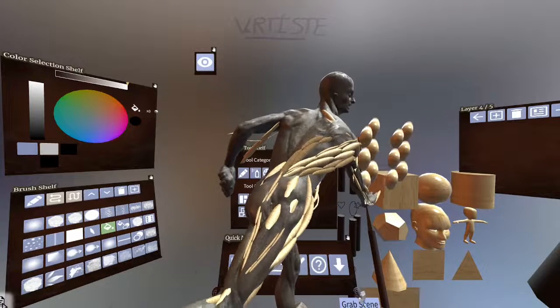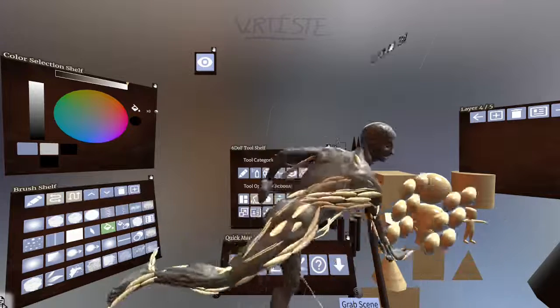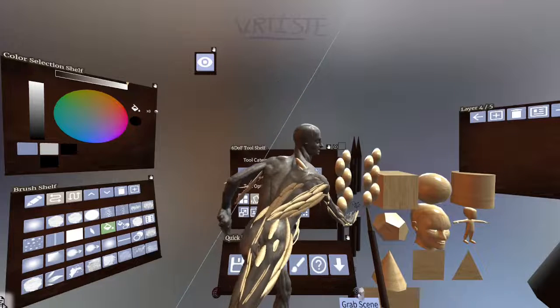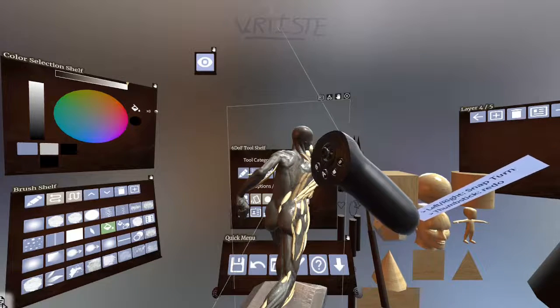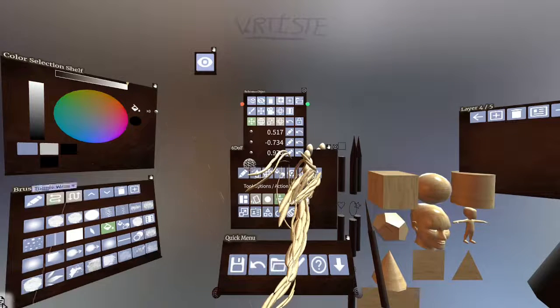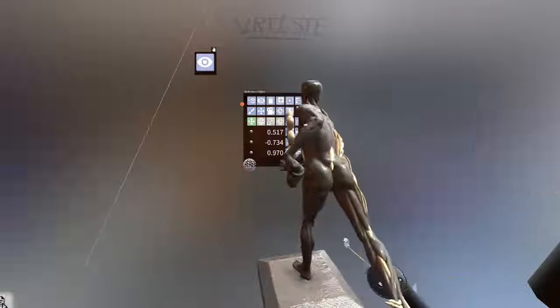All right, let's see. So we can also go to the scene inspector for the statue here and just toggle the visibility. Now we can kind of see how the thing looks without it.